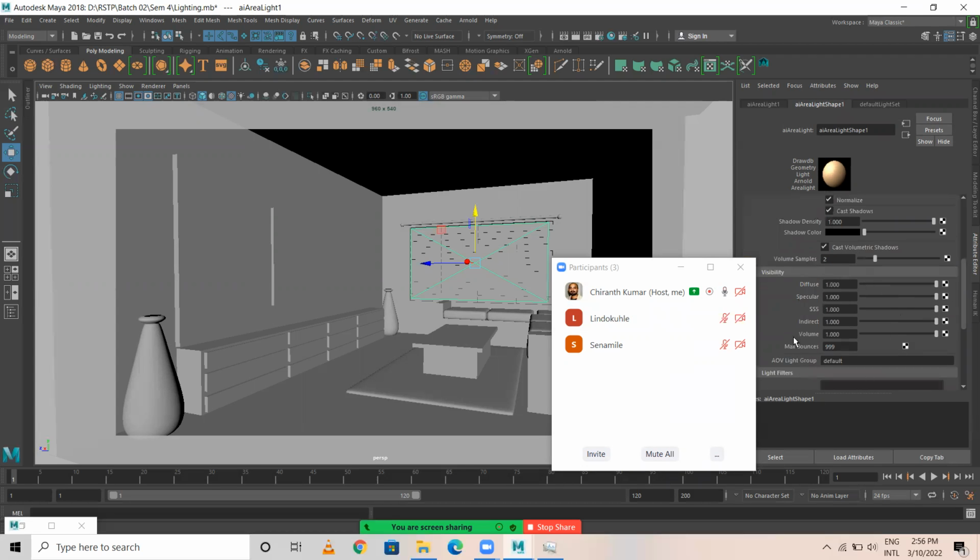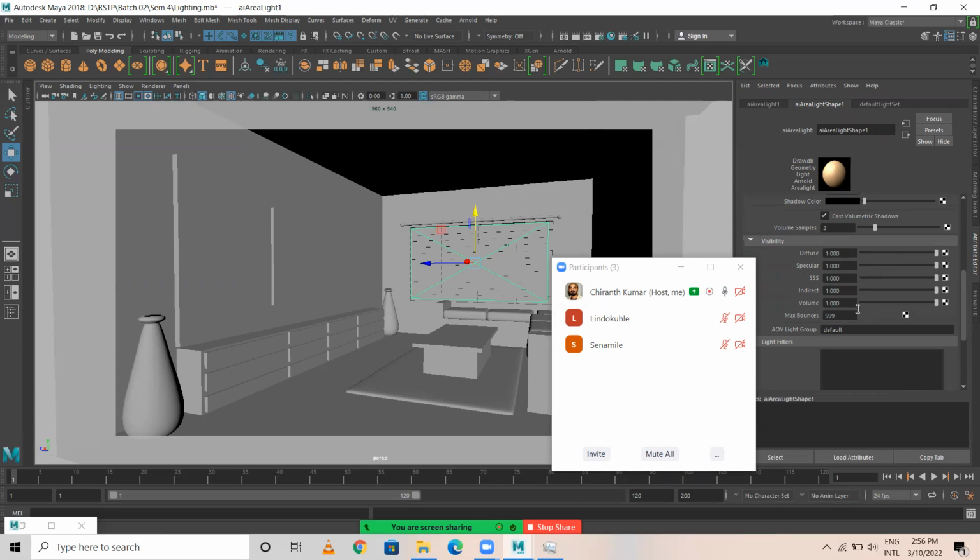So this is the visibility of the light. Each light can control diffuse, specular. Diffuse is nothing but color. Specular. SSS stands for subsurface scattering, where light penetrates through the body and brings the body properties to the outside. Okay, there are other things too. You'll get to know that.